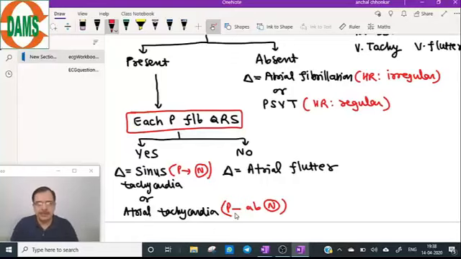Now, before finishing with the arrhythmia section, let me check your knowledge with the figure I will draw, and you will draw the diagram. Let me see how many of you can draw the diagram. Do this on your own, and then we will cross check.